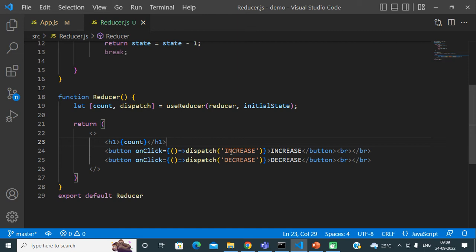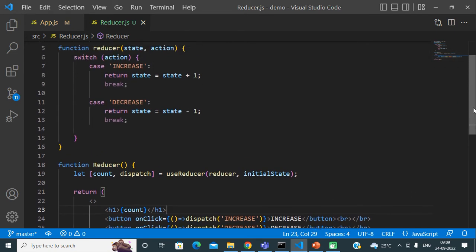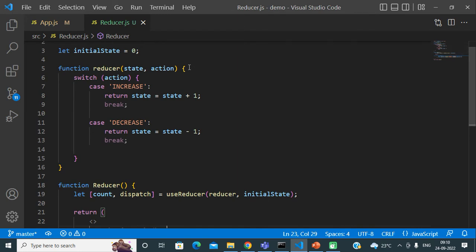Okay, so when we click on the increase button, what will happen? The increase action will get dispatched on our component state. Okay, so basically our reducer function will execute at that time. It will check which particular action the user has triggered or dispatched.